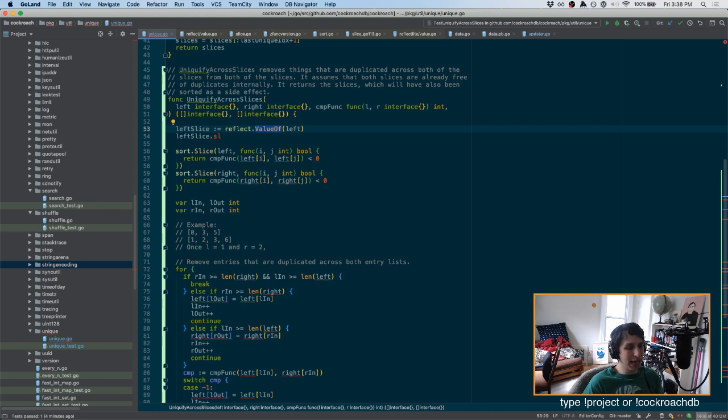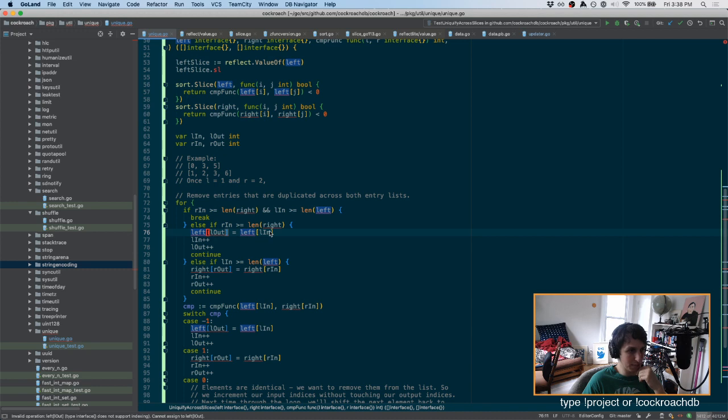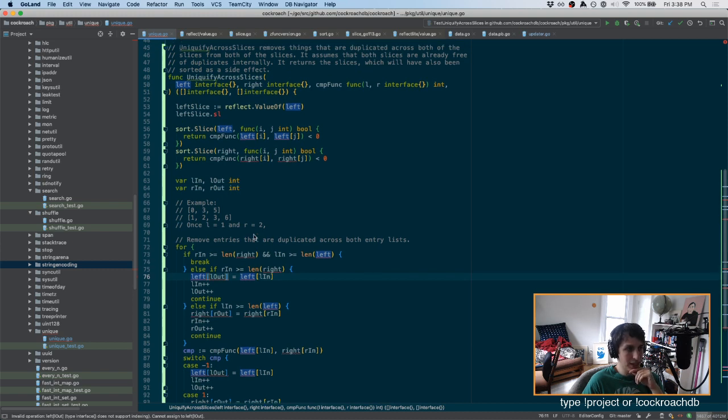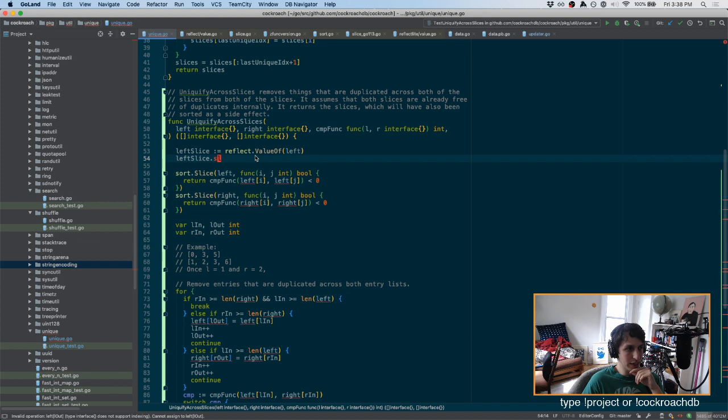This is so bad. Because how are we going to possibly do this? We're literally manipulating the slice right here. So I don't really see a way around this, unless I can just say,